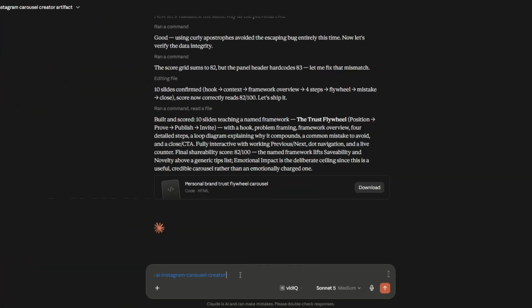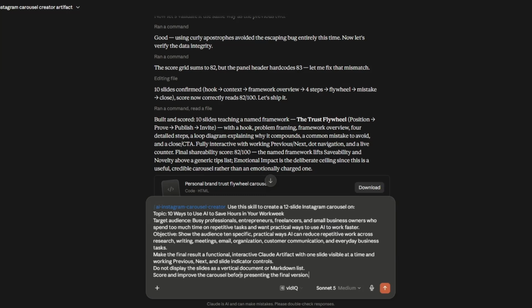We can try generating one last Instagram carousel using our skill. We can tell Claude, use this skill to create a 12-slide Instagram carousel on a topic, which is 10 ways to use AI to save hours in your work week. Target audience, we're targeting business professionals, entrepreneurs, freelancers, and small business owners who spend too much time on repetitive tasks